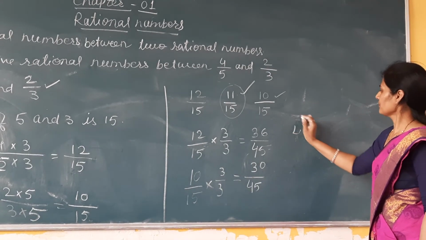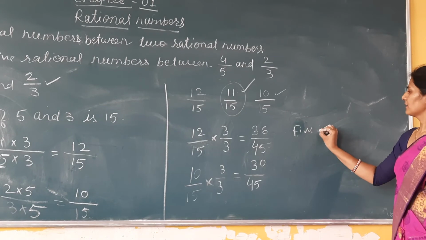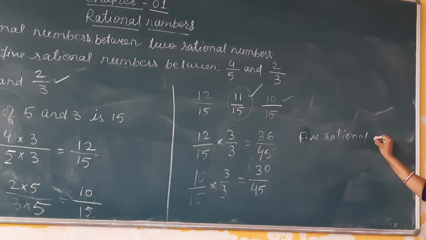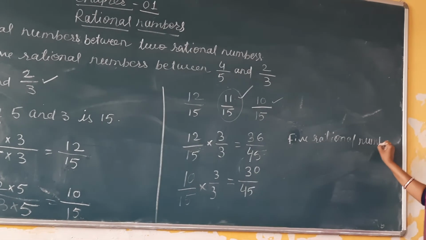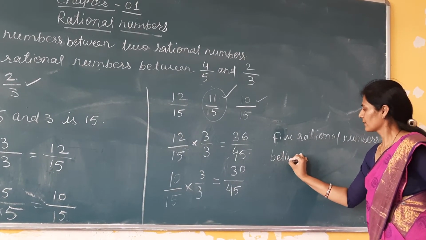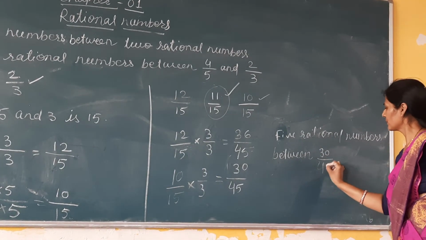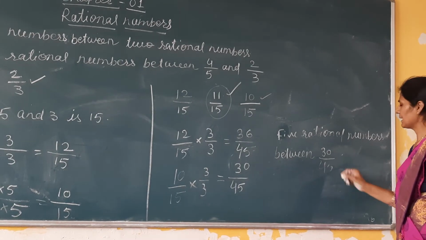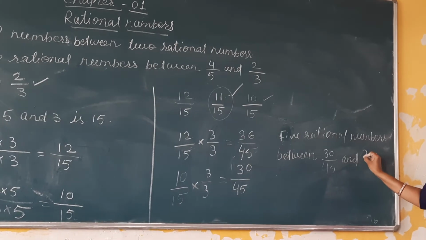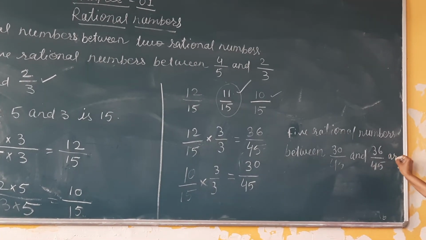So 5 rational numbers between 30 upon 45 and 36 upon 45 are